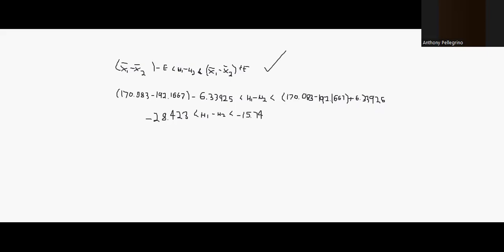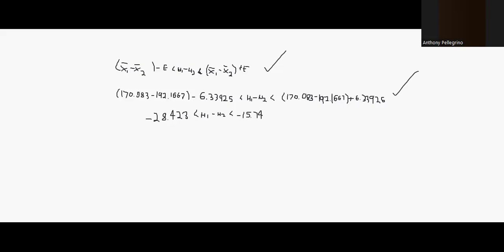So now we plug in the means of the two data sets, which was 170.083 minus 192.667, and then minus the margin of error, which was 6.33925, is less than mean 1 minus mean 2, is less than 170.083 minus 192.667 plus, well, yeah, now we're adding the margin of error, so plus